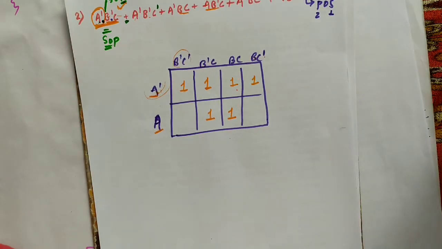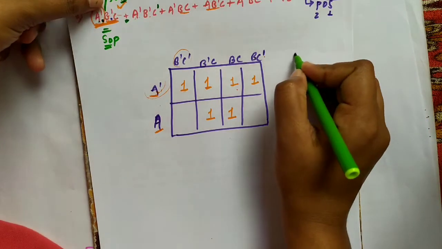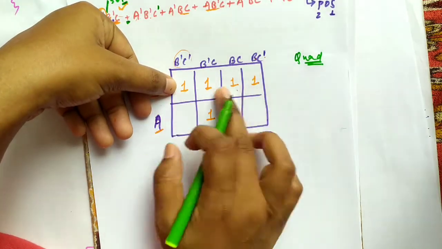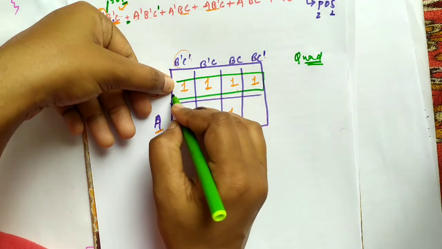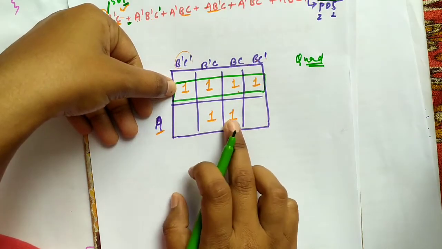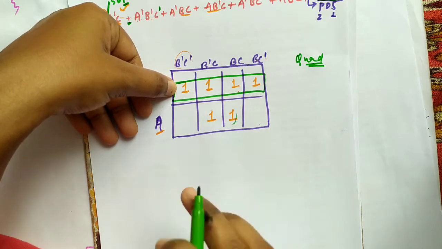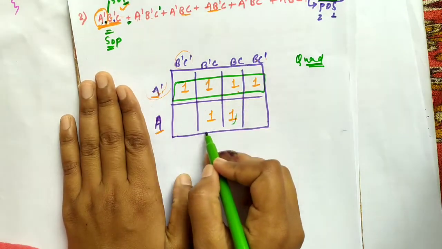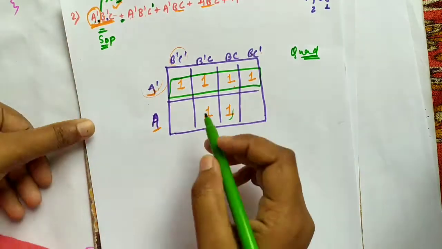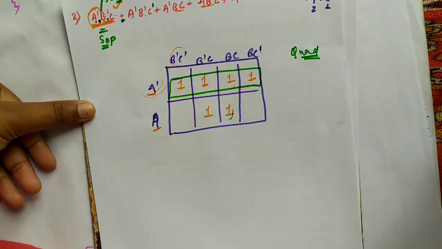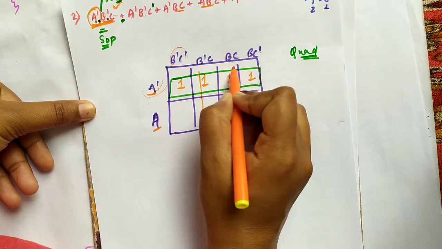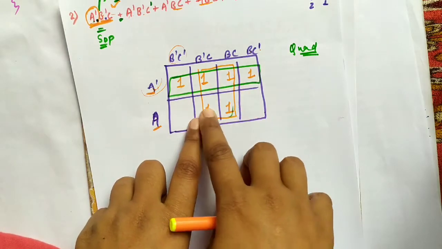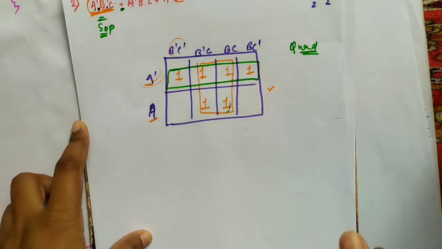So let's make pairs. Here we can make a quad also, because in the first row there is 1, 2, 3, 4, four continuous values. So make one quad. After that there is 1, 1, which can also make a pair. But if we use these two values, we can also make one more quad. I know these two values also pair with another one, but we can also use these two values with the one, so it is a correct form, not a wrong thing.